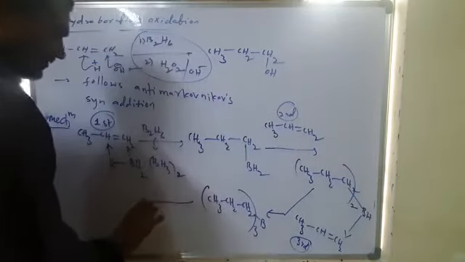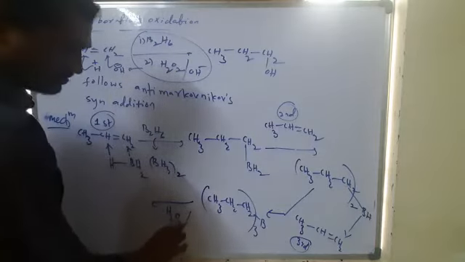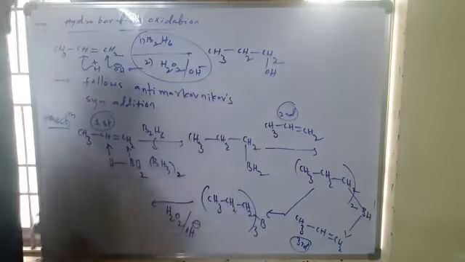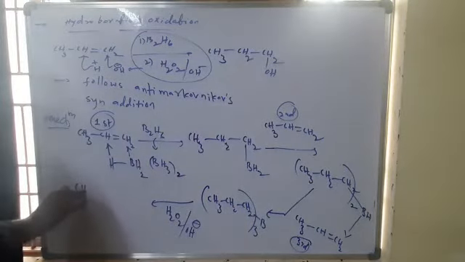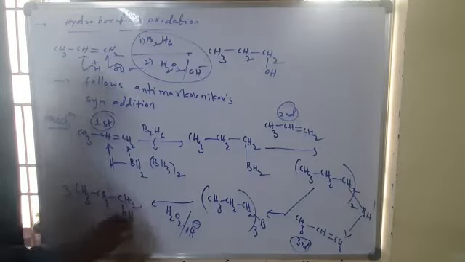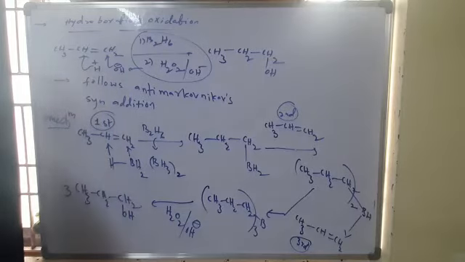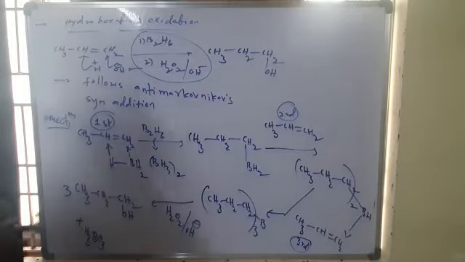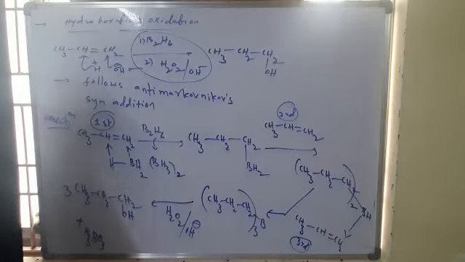Okay? And the final step, H2O2 with OH minus: exactly the boron position is displaced by the OH. So we will get 3 molecules of alcohol. In the boron position, the alcohol OH group. So 1-propanol is formed, plus H3BO3, boric acid, as a byproduct. So this is the mechanism for the hydroboration and oxidation, right?